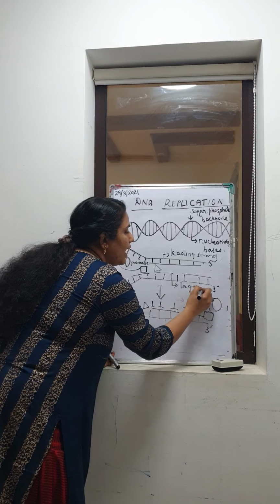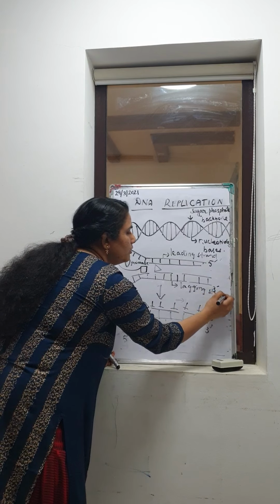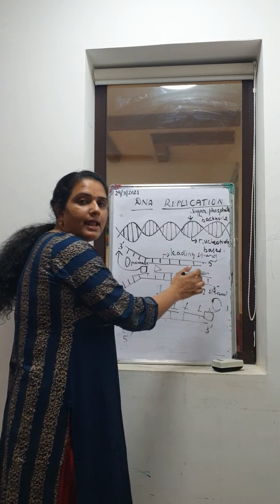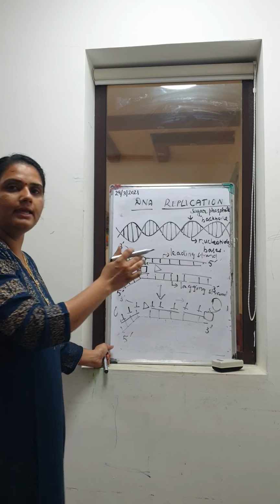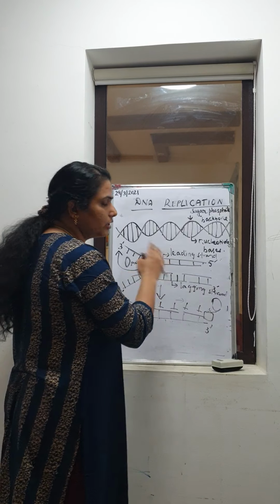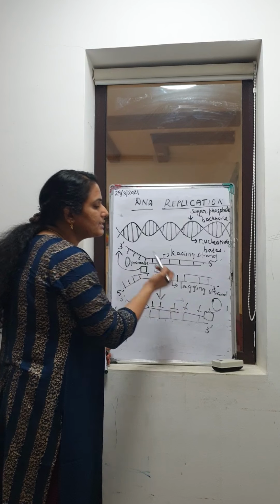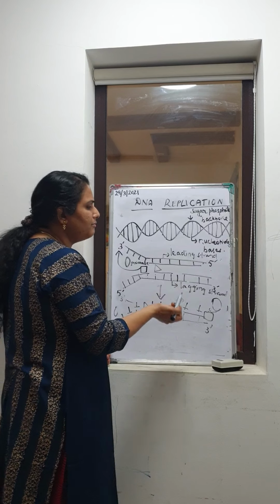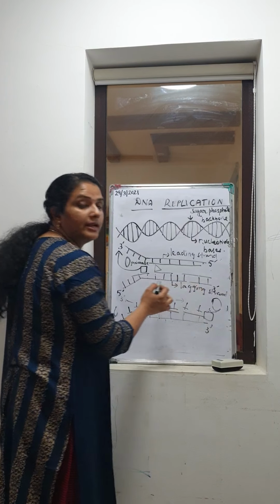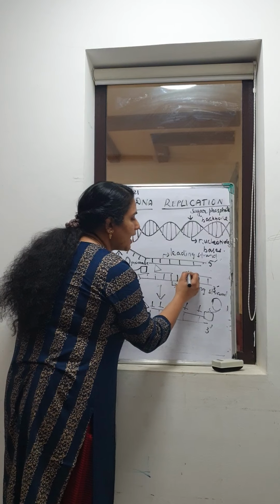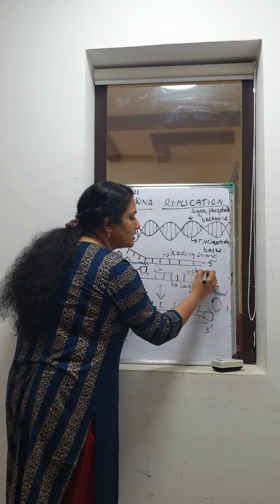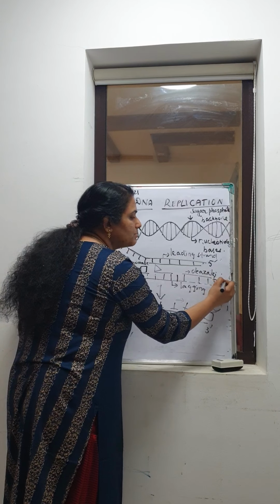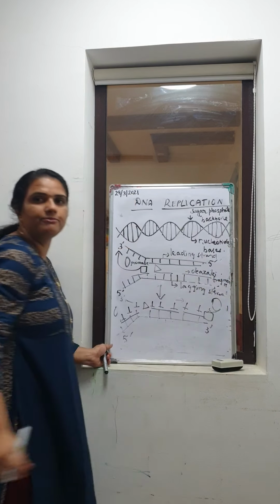Okay, why is it so? It is very important to know why. The DNA polymerase is acting in one direction and the helicase is unwinding the DNA in the opposite direction. So the conflict comes into place. That's why this is the lagging strand. So this is the leading strand and this is the lagging strand, and we have to give these fragments a name, right? The name of this fragment is Okazaki fragment. These small fragments are called Okazaki fragments.